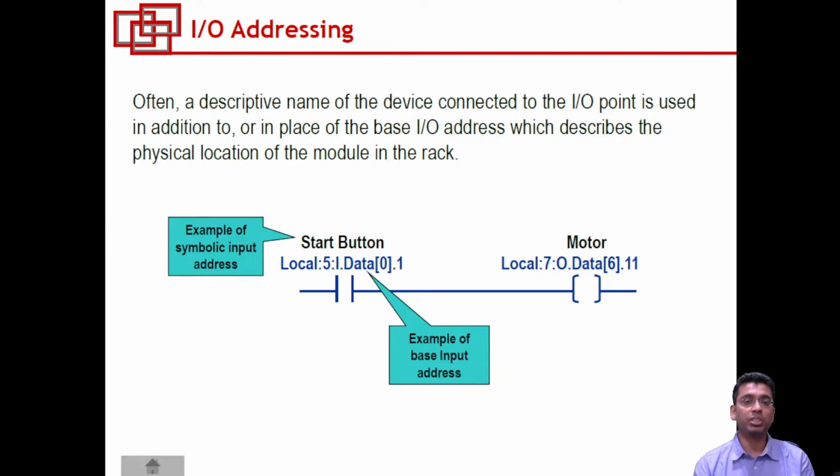If you are using an Allen Bradley make PLC, then there is a different way to address one input. If you are using a Siemens make PLC, you are going to have some other way of addressing one input. More or less the data that these addresses convey remains the same, only the format of the naming of these addresses differs for a PLC of different make. So we will just try the input addressing of any one of the PLCs. This is an input output addressing of a physical input, and this is an output addressing of a physical output, that is the motor.